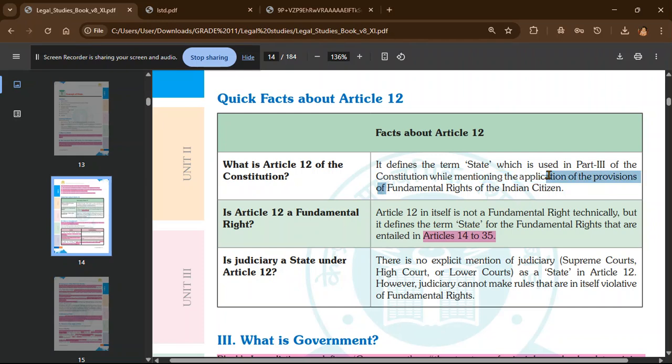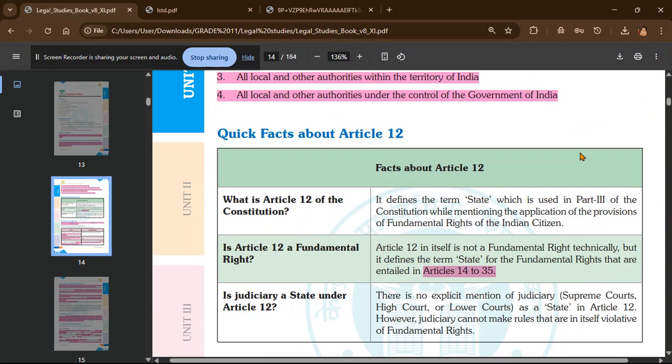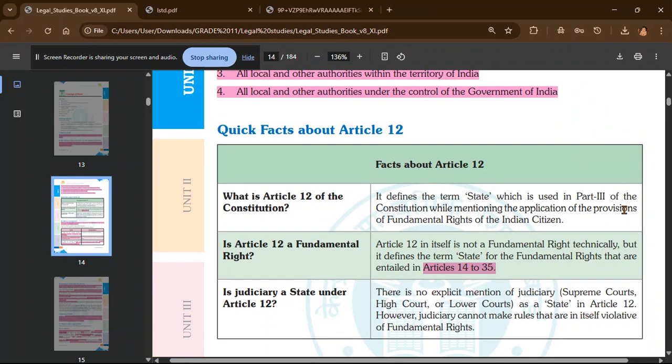Now, fundamental rights of Indian citizens are some rights, some rules, some regulations that the government must abide by while making laws. Fundamental rights can be freedom of speech, freedom of practicing any religion. So these are some rights. Since we all know that India is a secular country, India has some fundamental rights that protect the citizens of that country.